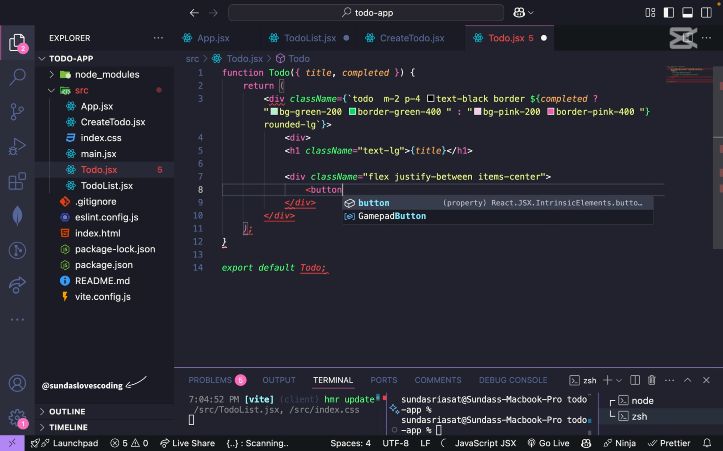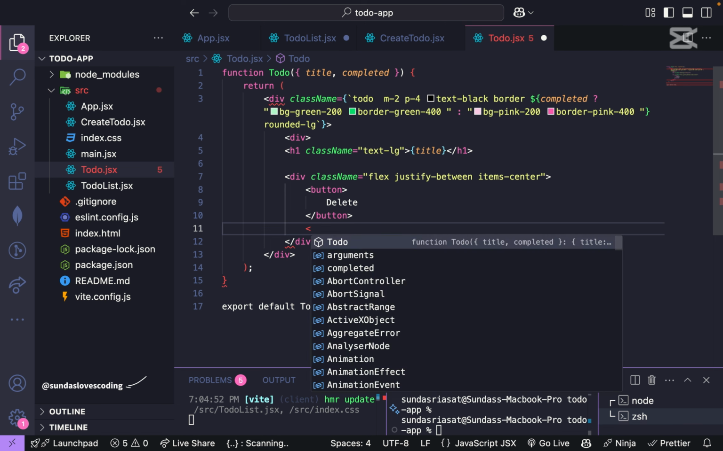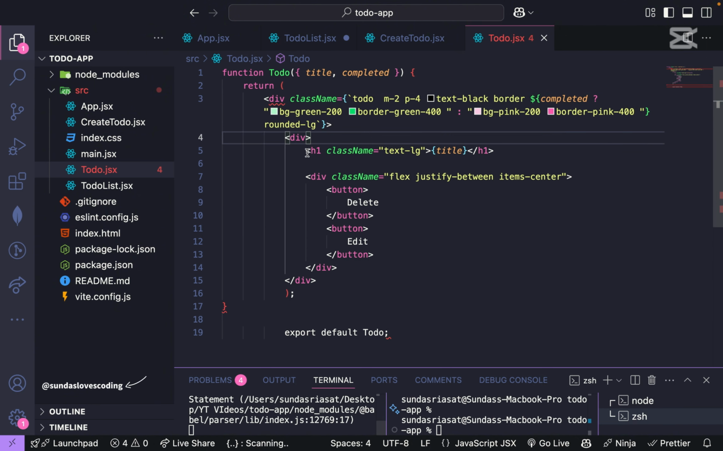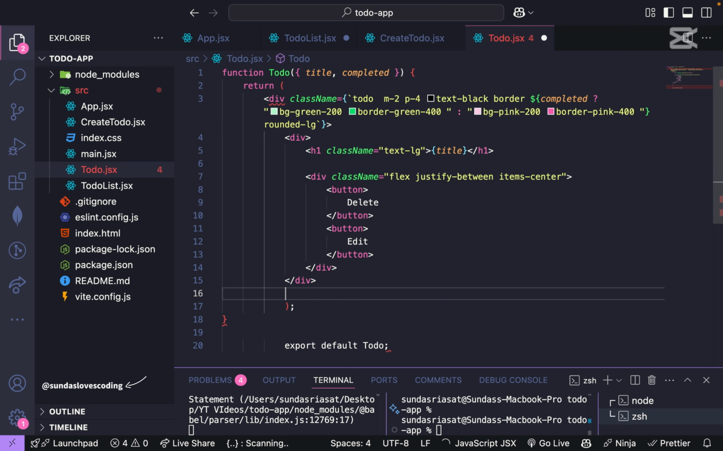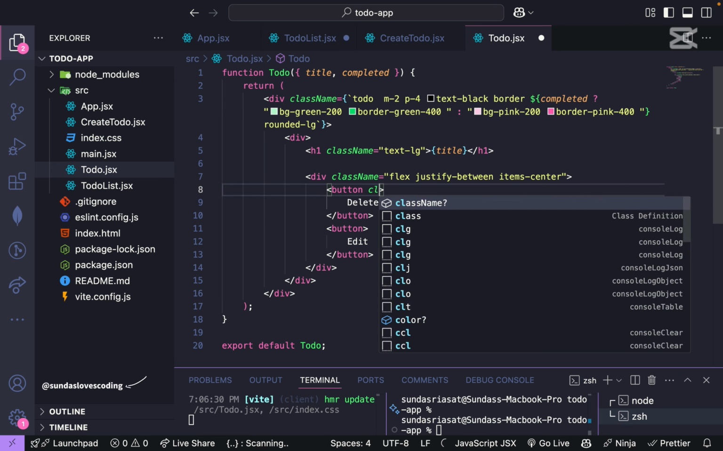Okay, button, and for now we can do this, and we can have a button over here which can have edit. Cool. What are we missing? No, we are definitely missing something. This is closing here, this is closing here, we are closing. Okay, say class name,